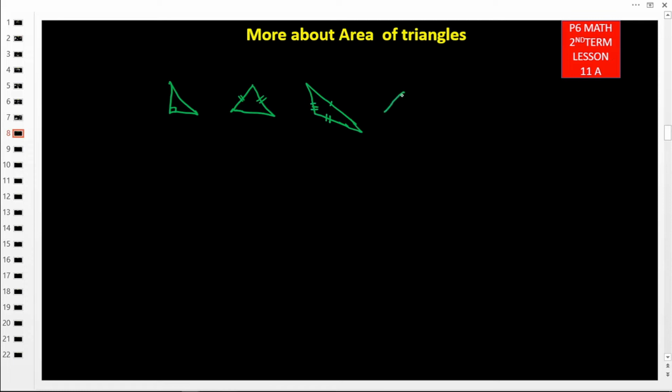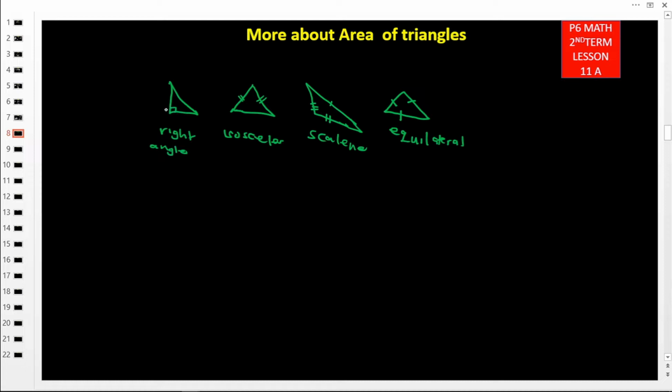And again we have the triangle whereby all the sides are equal, and this is what we call the equilateral triangle. So this one is an equilateral triangle. Then this one is called the scalene, whereby all sides are not equal. Then this one is called the isosceles, where two opposite sides are equal. And now this one is called the right angled triangle, simply because it has the right angle here,